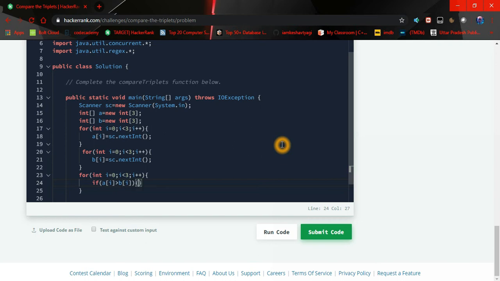Oh sorry, I forgot to create the output array. So first of all, let's declare an array which is going to have the output scores for both Alice and Bob, which is also going to be of type int, and let's give it a variable r, which stands for result, equals new int of size 2.